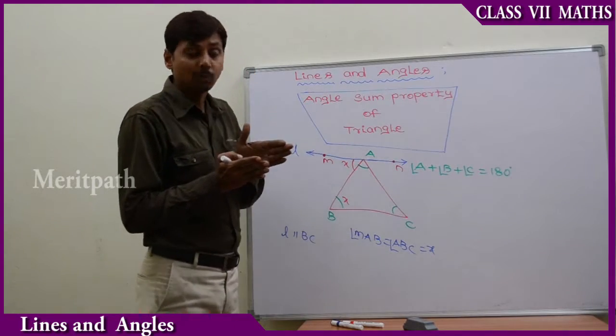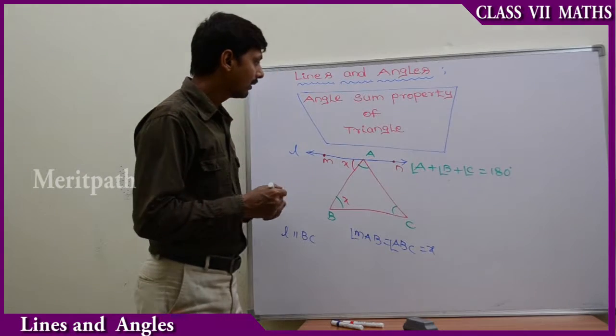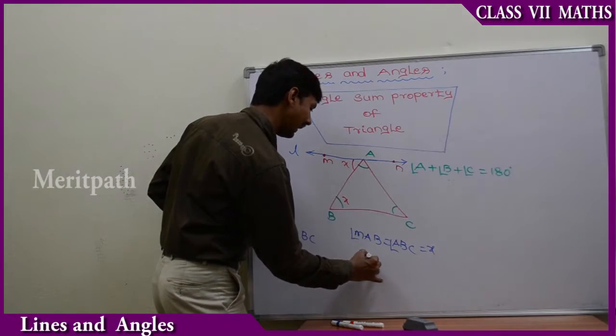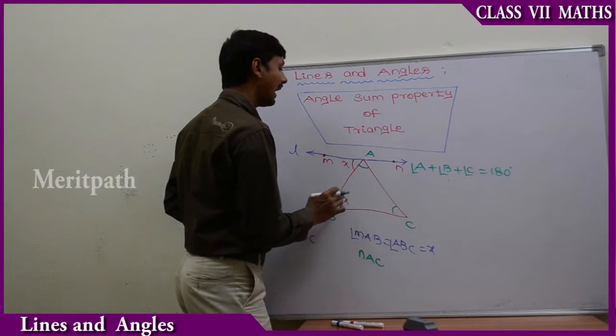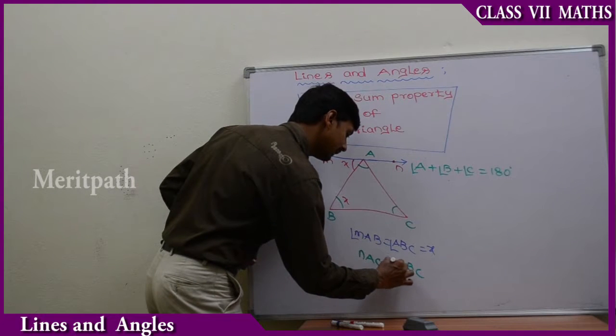These two are parallel to each other. We consider AC as a transversal, and angle NAC and angle ACB are equal